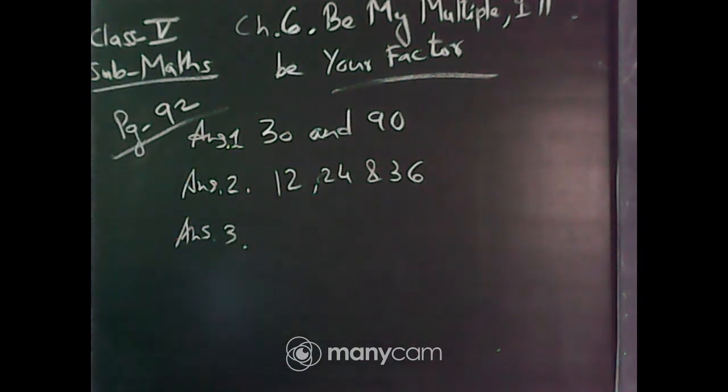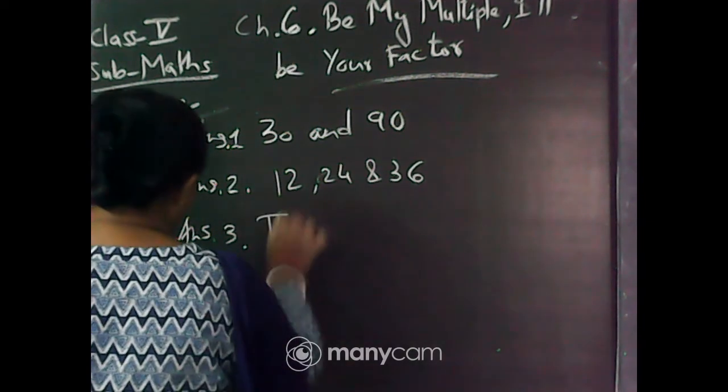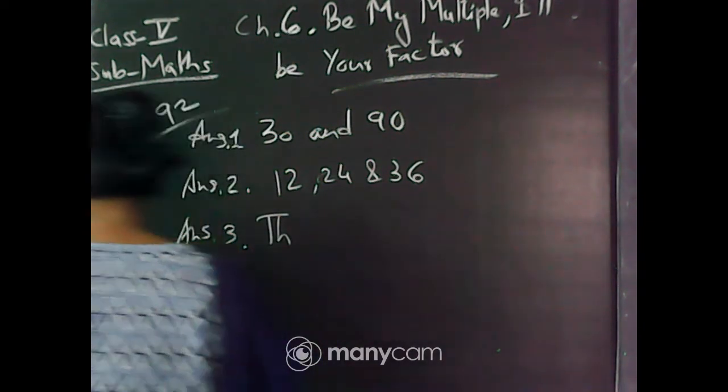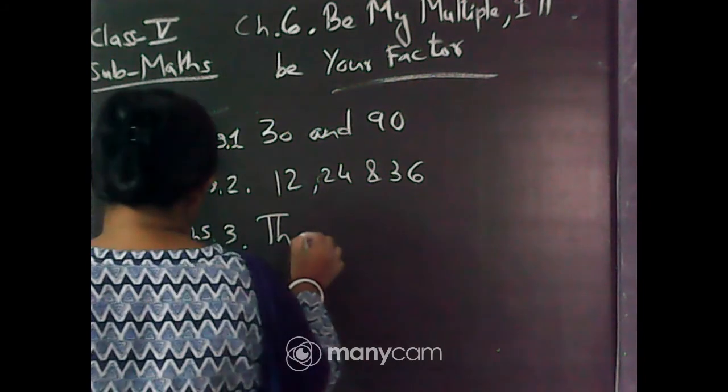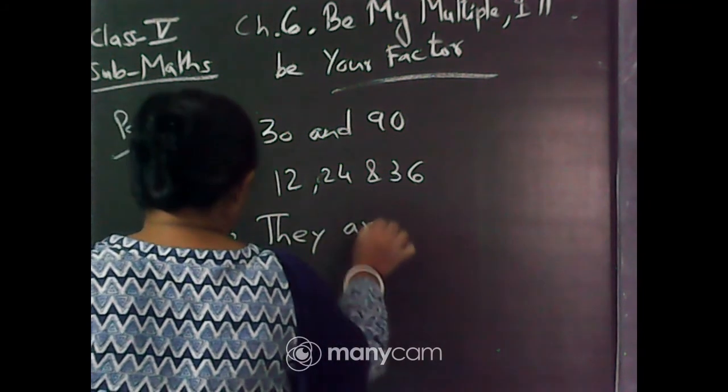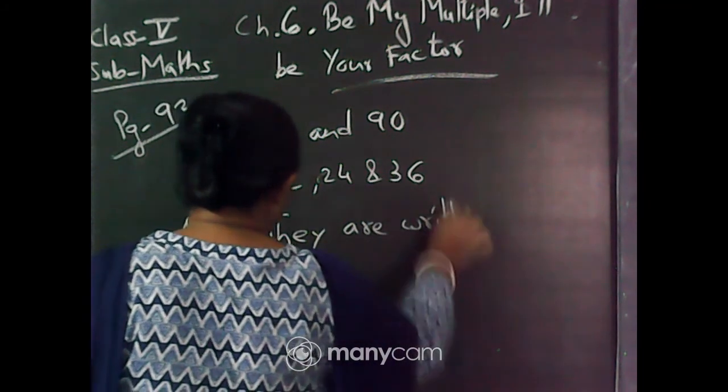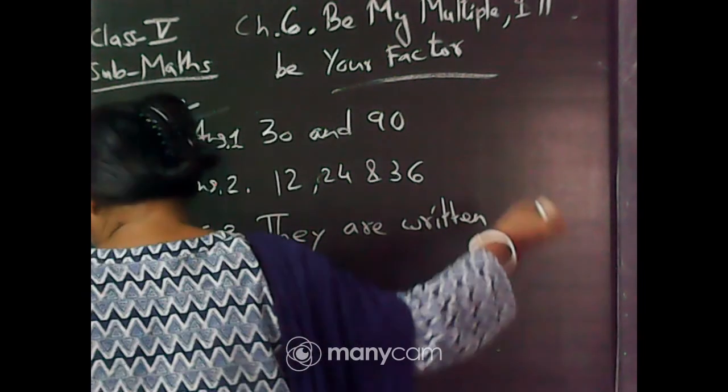Now, in which colored part did you write the common multiples of 4, 6 and 5? In which part have you written 4, 6 and 5? All the three numbers, they have the common multiple. It is 60. Which is that color? It is grey color. So, they are written in the grey part.